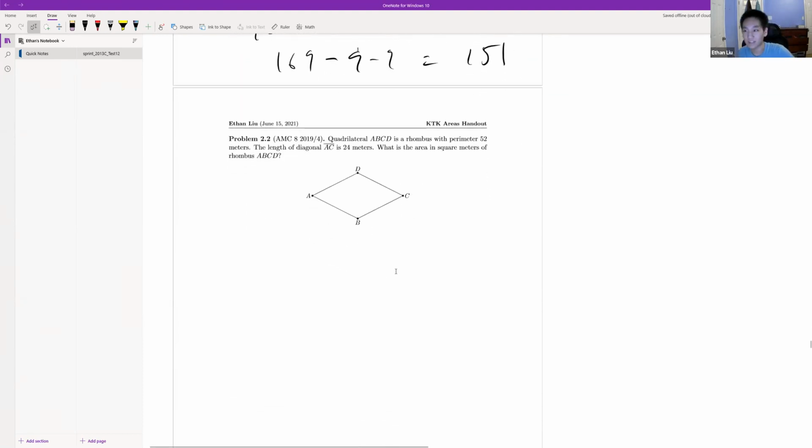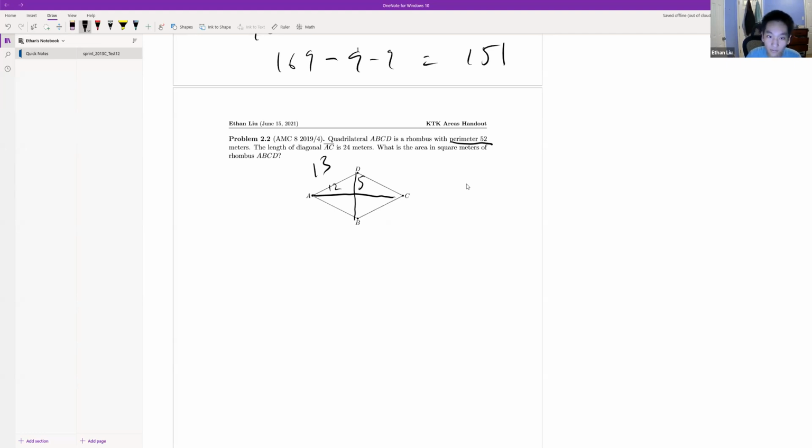This is just practicing the Pythagorean theorem, because when we deal with areas, we will still need to deal with lengths. You will rarely be able to do things with areas alone, so we're going to have to work with this. Then we parse the conditions, right? When we say perimeter 52, that means that since it's a rhombus, all the sides are the same length. So this is 13. And this thing is 12 when we intersect it twice, because it bisects it. And so then this